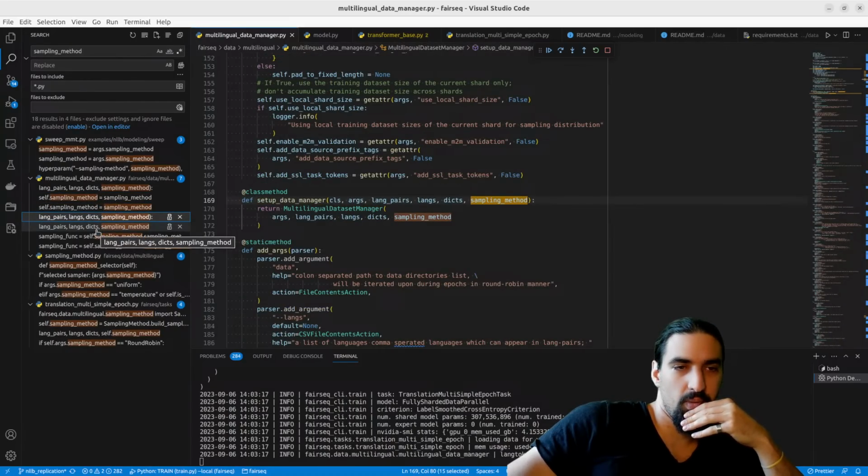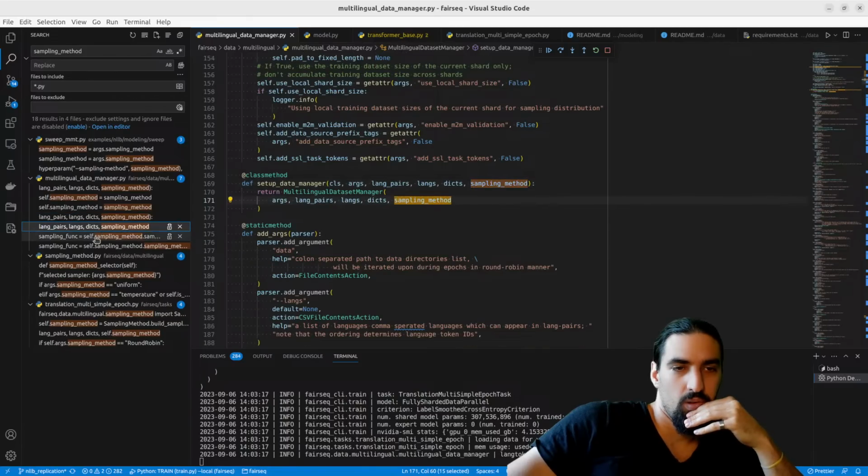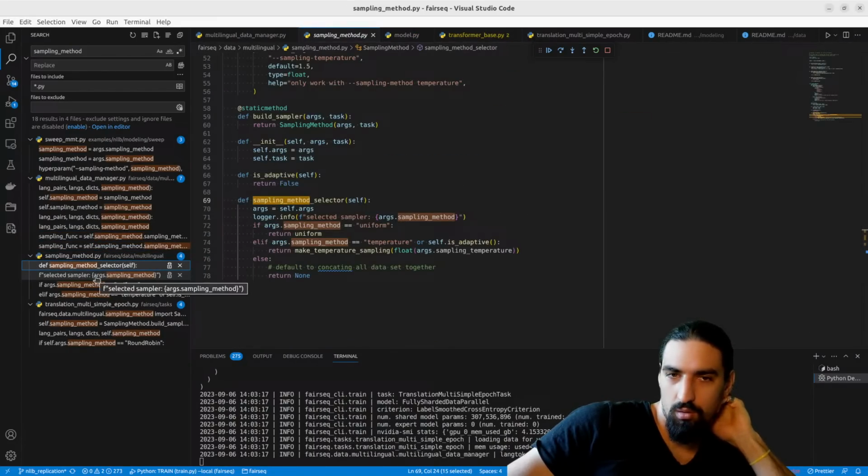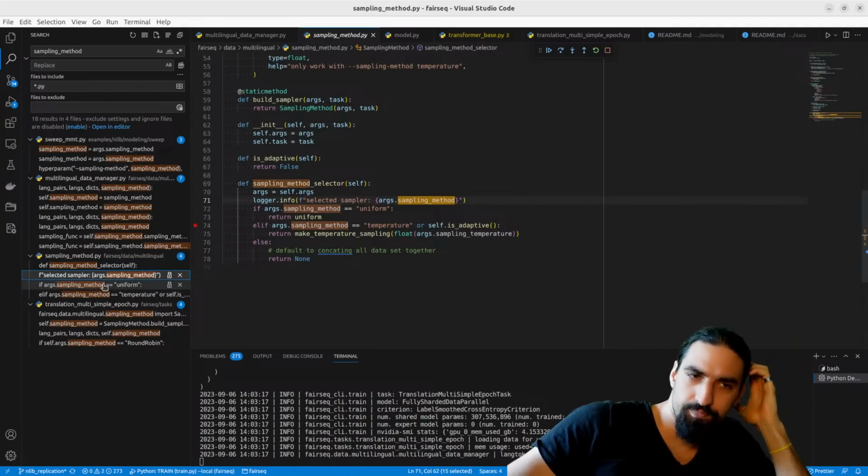Multilingual dataset manager. Okay, let's put a breakpoint there.